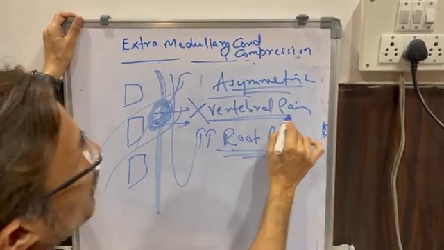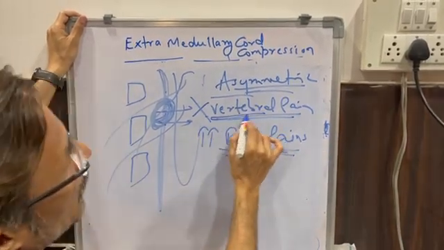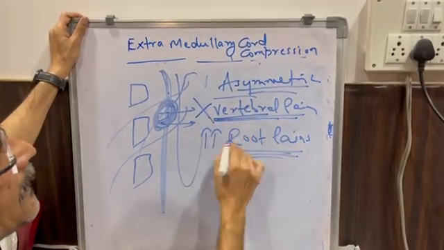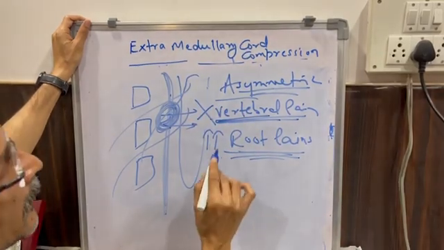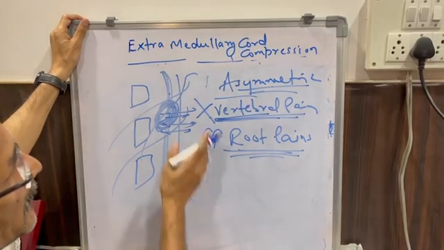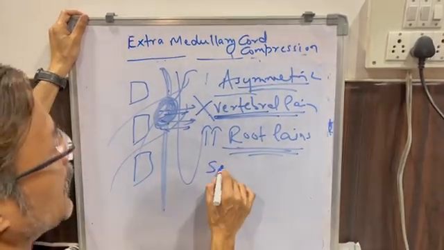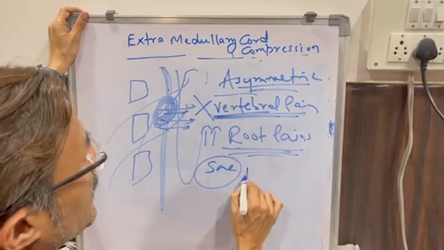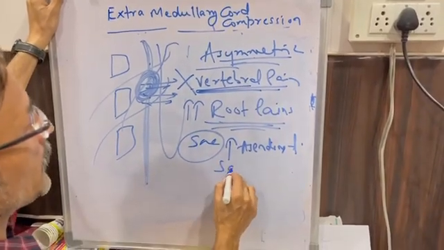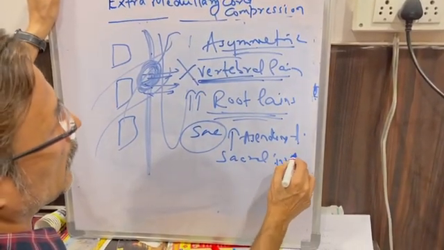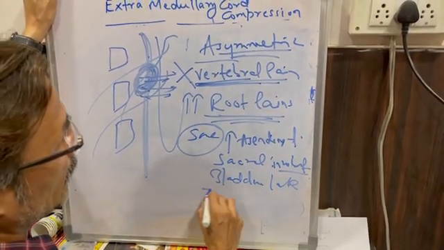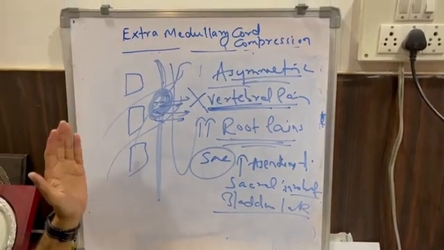No vertebral pain, no vertebral tenderness. May present or may not present with back pain. On palpation, there is no tenderness of the vertebra, nothing like that. So vertebra is spared, asymmetric presentation. Root pain is more overwhelming, and the other features what we discussed in the extramedullary cord compression as far as vertebral lesions are concerned, they remain the same, like ascending anesthesia, and sacral involvement, bladder late. So this is in brief what is extramedullary cord compression.